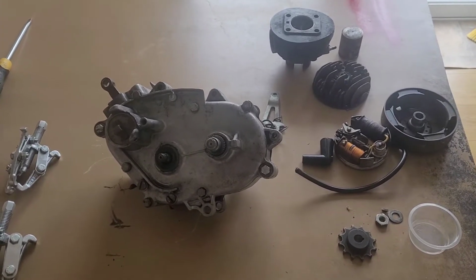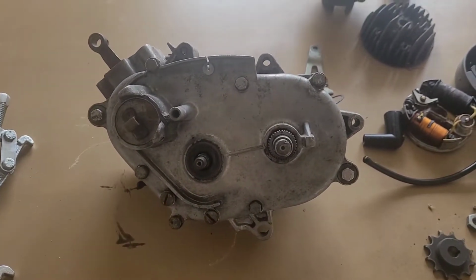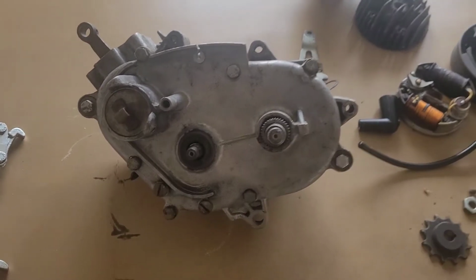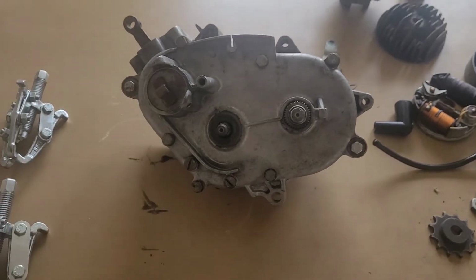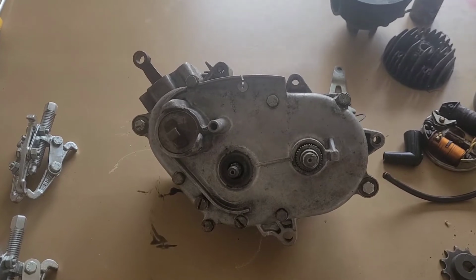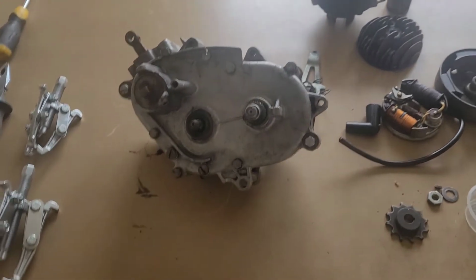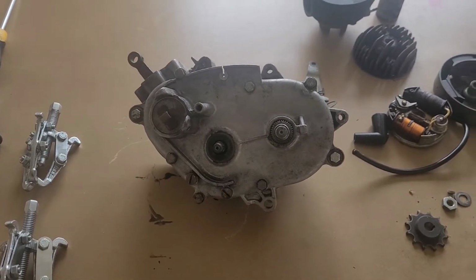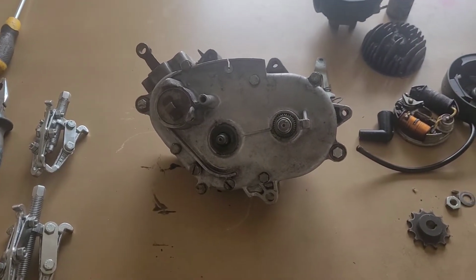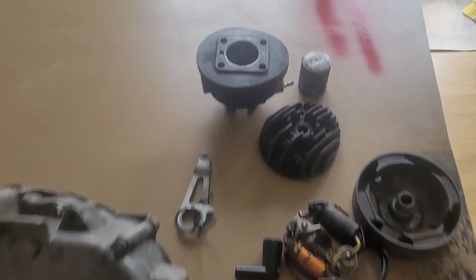I'm going to try to rebuild my NSU QUICKLY 2-speed engine, and the idea is to record every step in order for me to put everything back as it was, and maybe this video will be helpful for other people. So the bike came with a seized engine, and